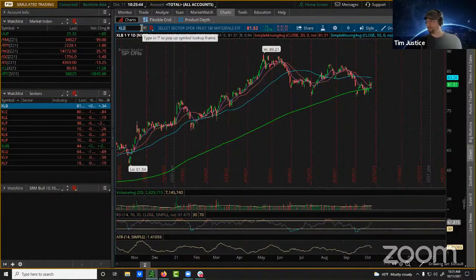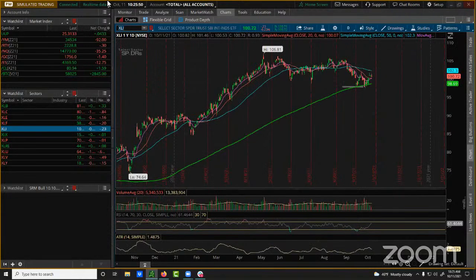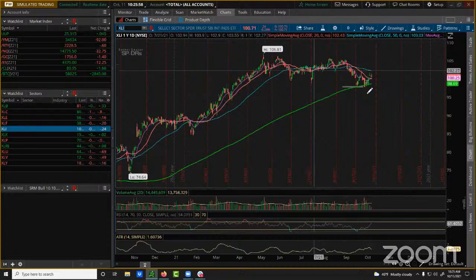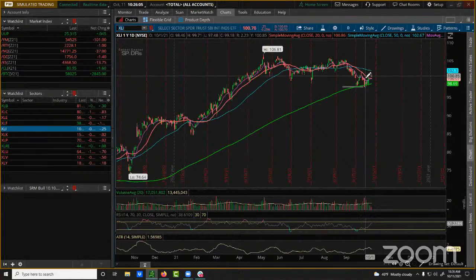All right. What about industrials here while we're on cyclicals? Last one, real quick, if we can. What are you seeing in the XLI here, Matt? A very similar read to the one I got on the Dow Jones here. Very similar read that we're looking at on materials as well. Nice little double bottom happened right at the 200-day moving average. You're looking at a double top with ultimate confirmation above the 50-day moving average, and so it certainly has the